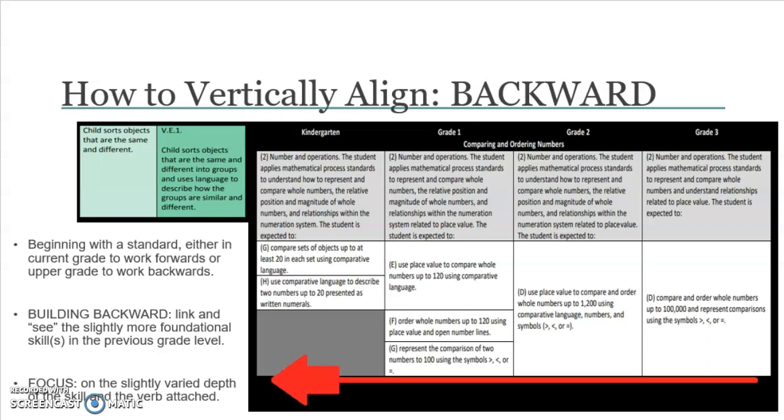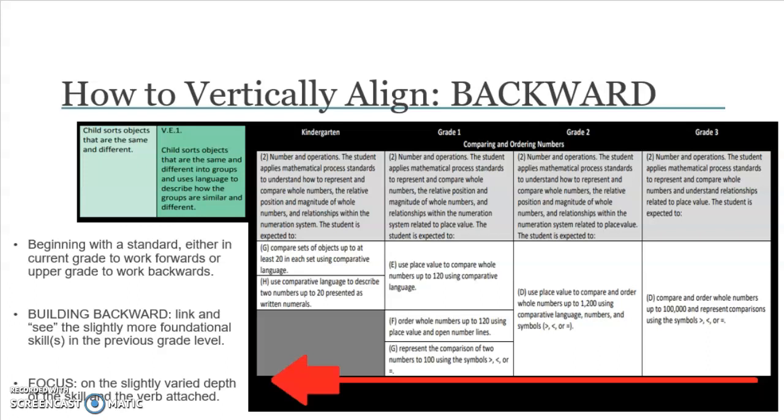So in second grade, 2D, use place value to compare and order. Well, we know that in second grade, students go up to 1200. If we go backward to first grade, they built up to 120, again, the comparative language and symbols. We go back to kindergarten, they built up